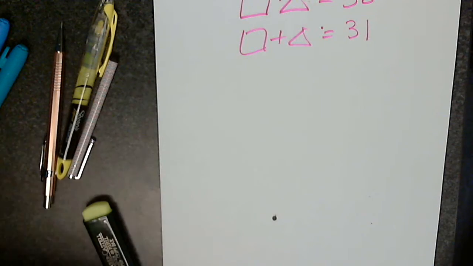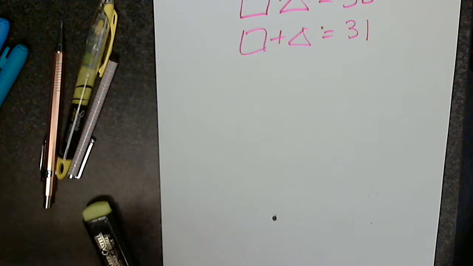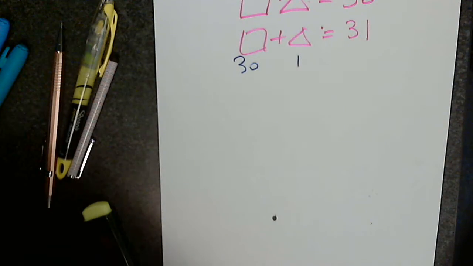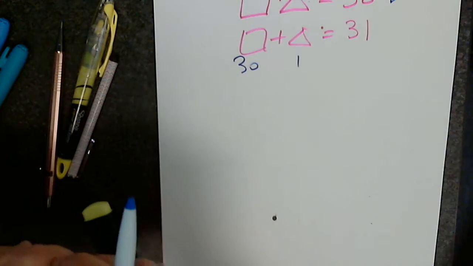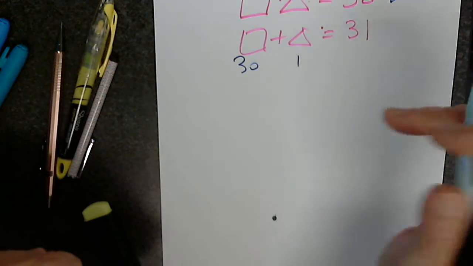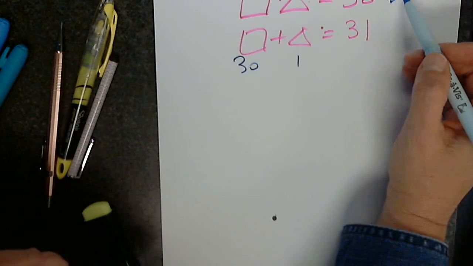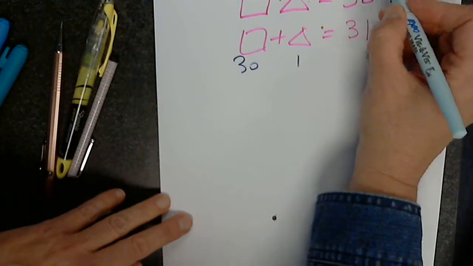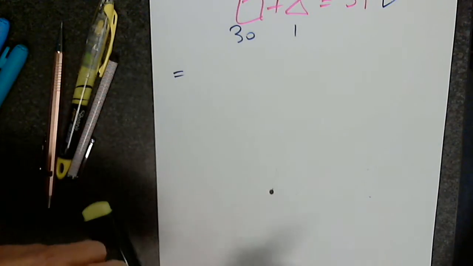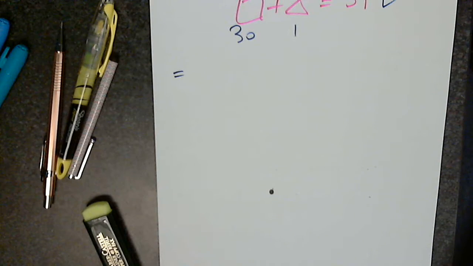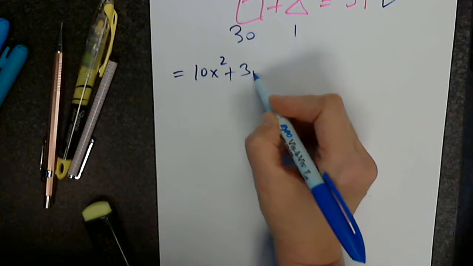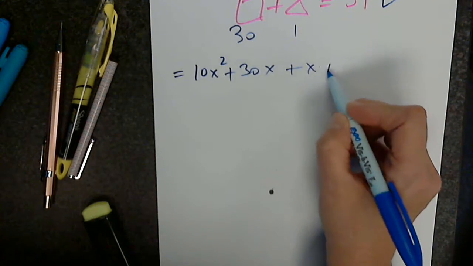So then, which numbers do I need to use? Do you all agree with 30 and 1? Is the product 30? 30 times 1. Is the product 30? Is 30 plus 1 the sum 31? Perfect. Now please tell me what to write. How do I rewrite the problem using the numbers that I just discovered? 10x squared plus 30x and plus,